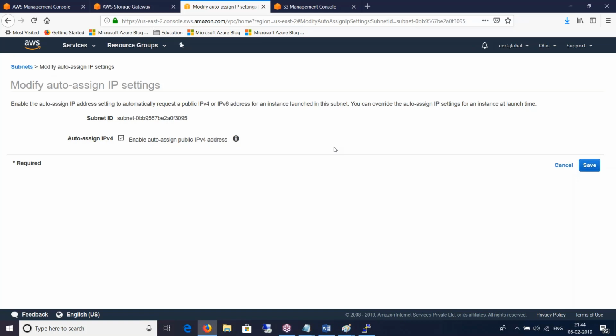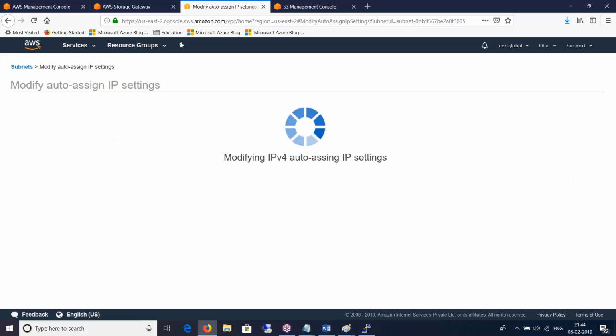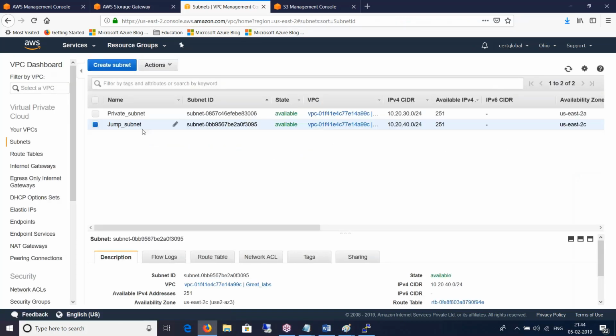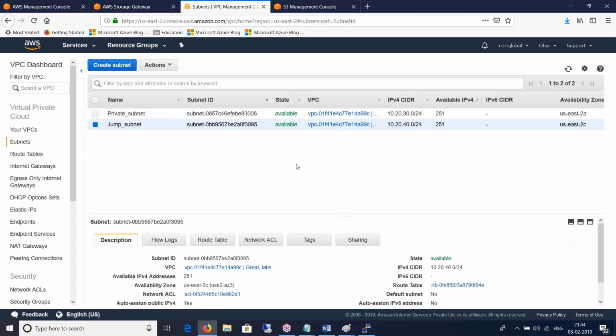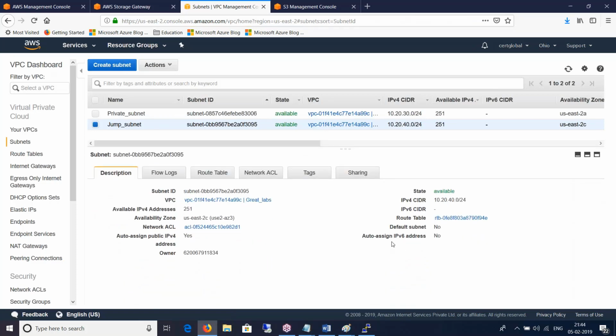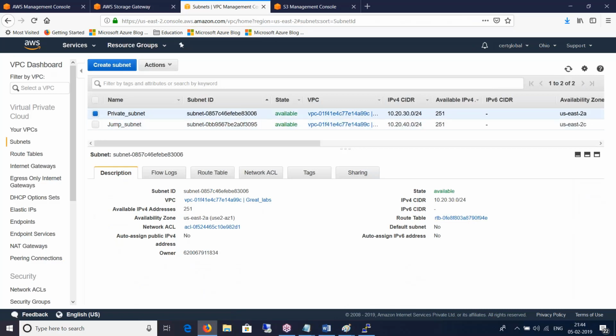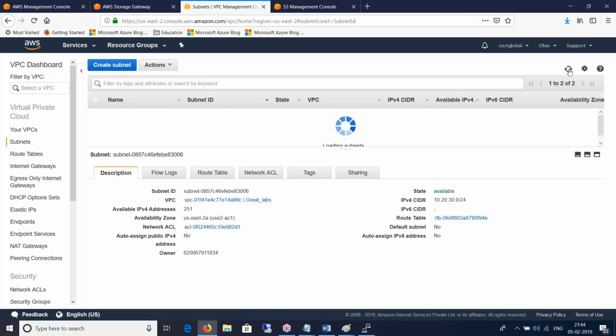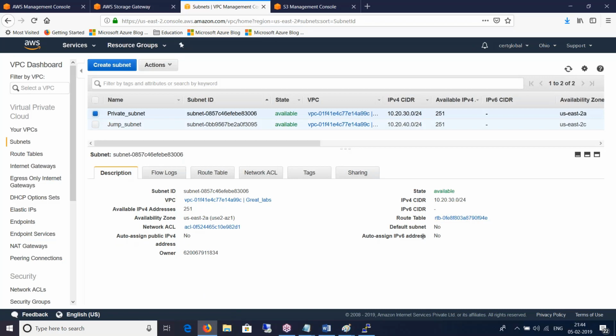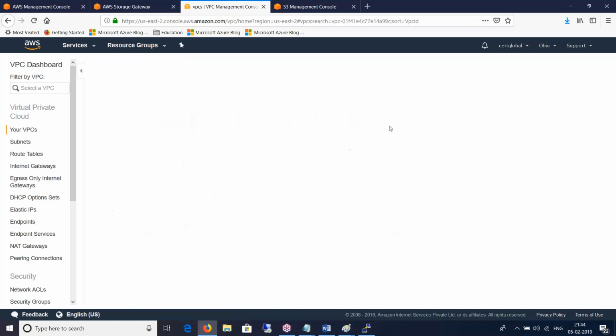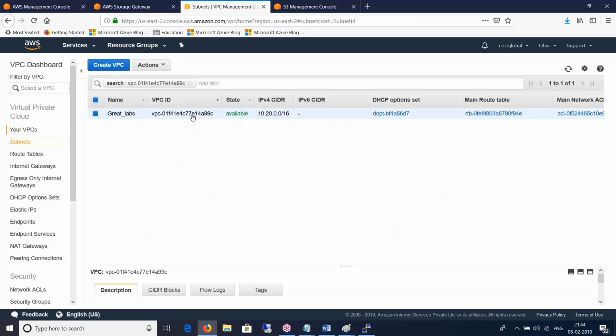Although during the VM creation or the provisioning process, you do have the options to change it again, but this is the default behavior. So jump subnet has assign, I'll refresh it. Oh, okay. I'm looking at IPv6. I want IPv4.